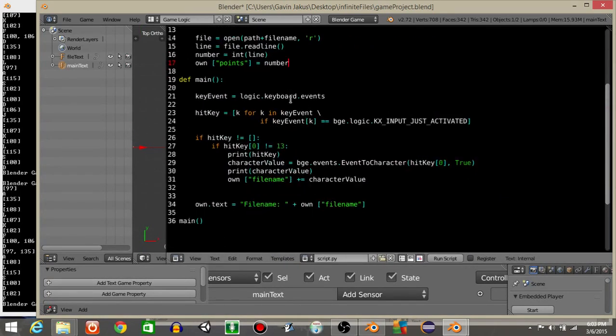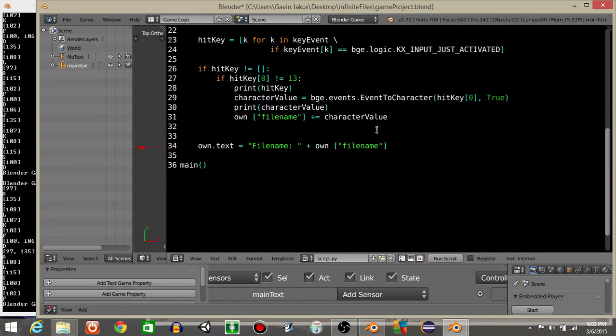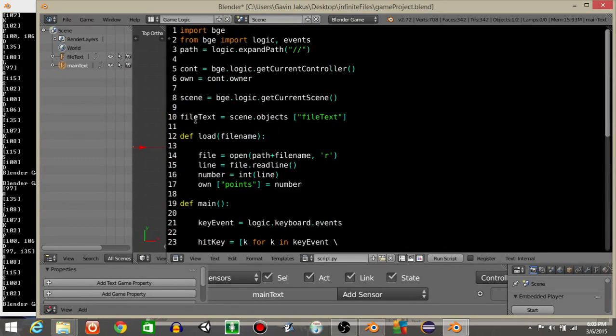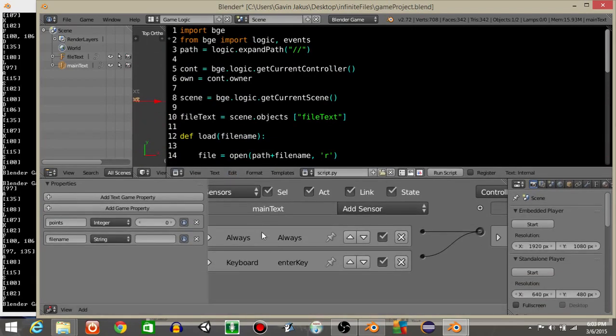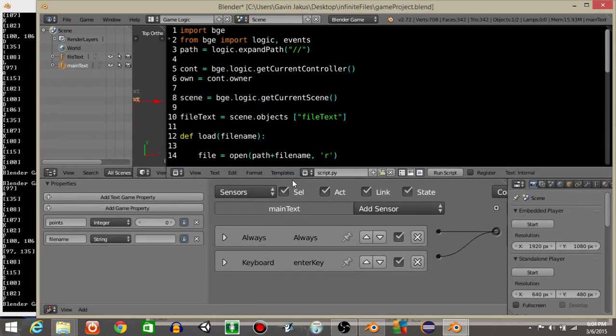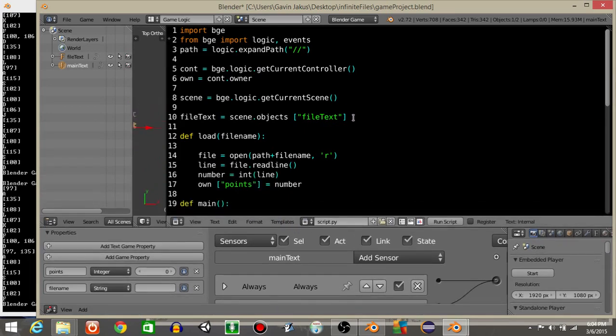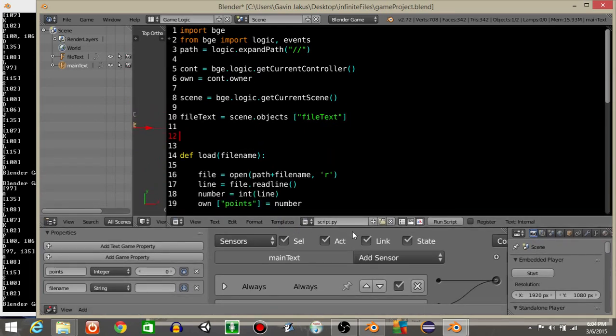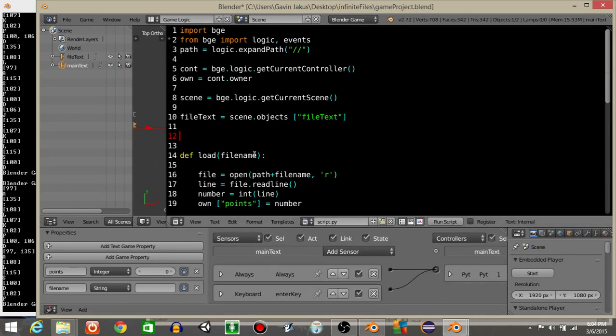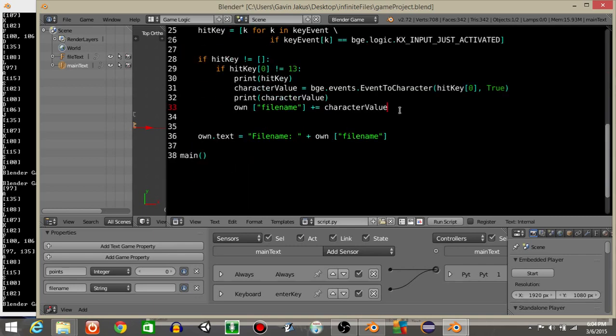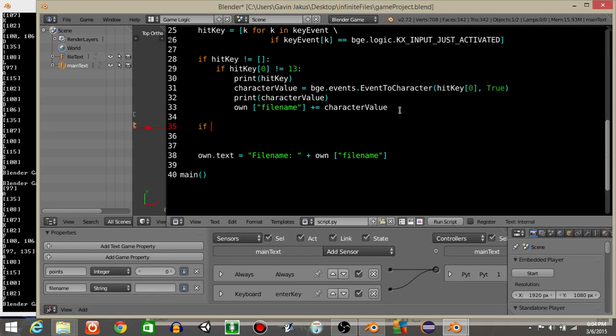Okay. Hit control and scroll out. Now that we got this, we actually haven't defined enter yet. If you remember, we have our enter key as our sensor right here. So underneath, let's say file text right here, let's get enter key. Enter key is going to be equal to controller.sensors enter key, like this. Now that we have this, let's just say, if enter key.positive,